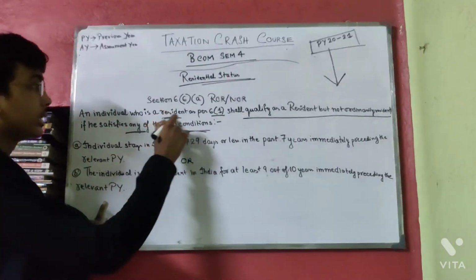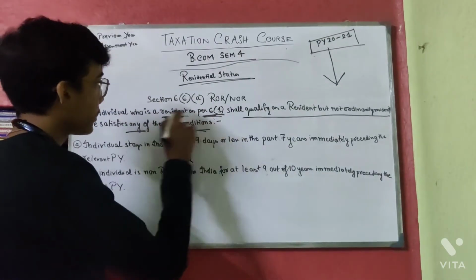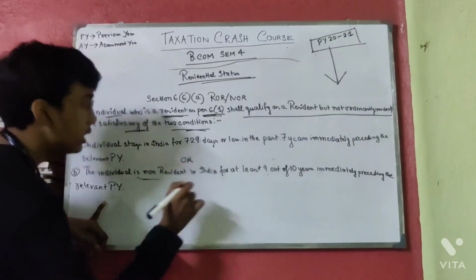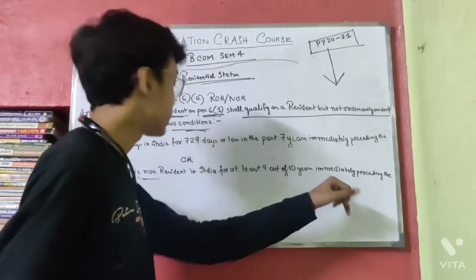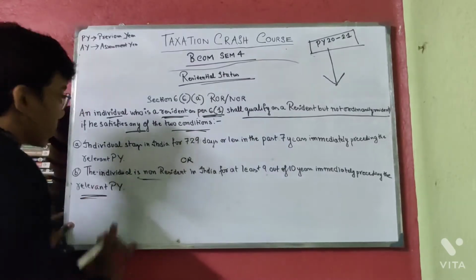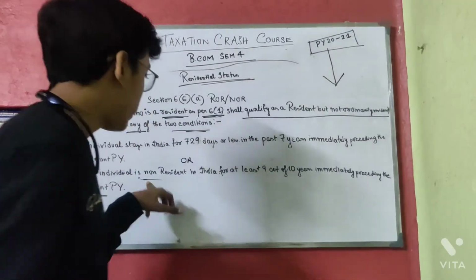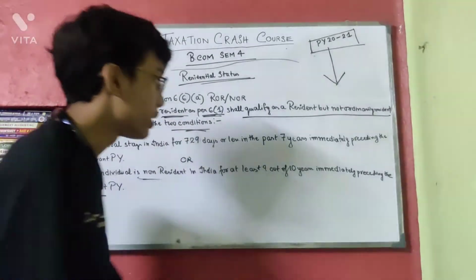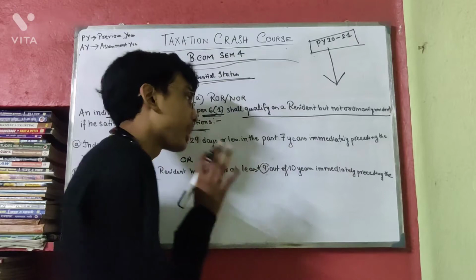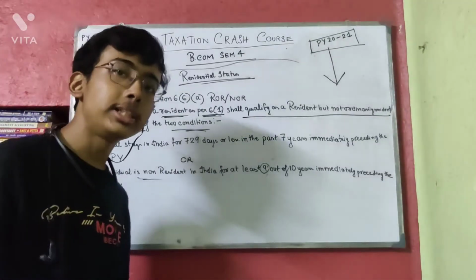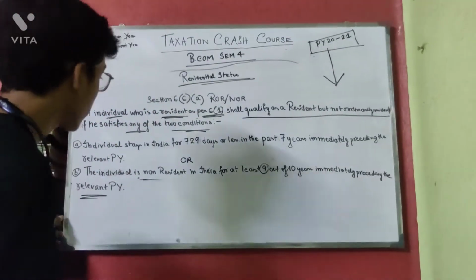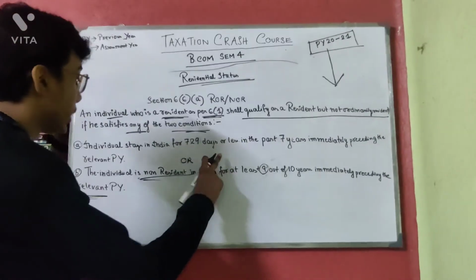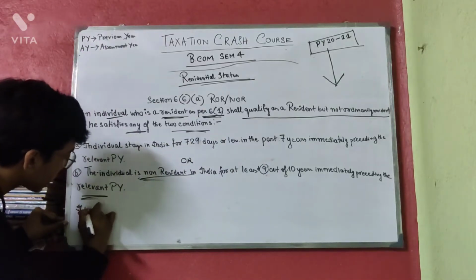The individual who is a resident as per section 6(1), and is a non-resident in India for at least 9 out of 10 years immediately preceding the relevant previous year. You know what a non-resident is; he or she has to be a non-resident in India for at least 9 out of 10 years to qualify for this category. And if both the conditions are not satisfied,